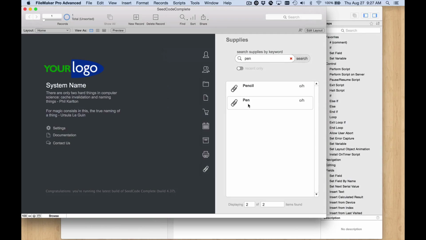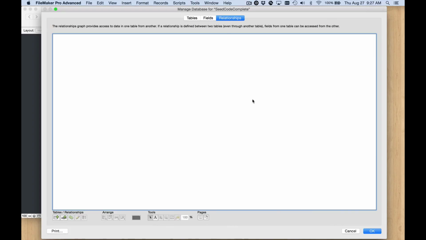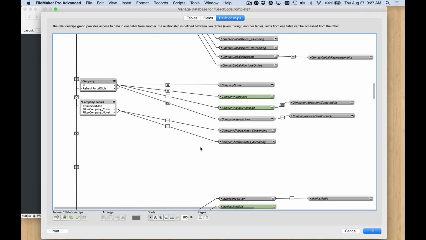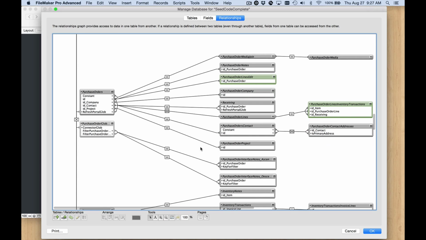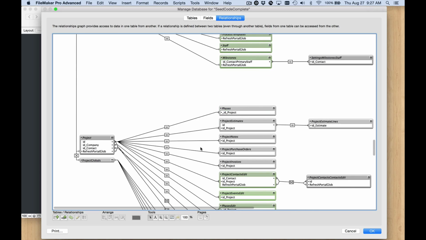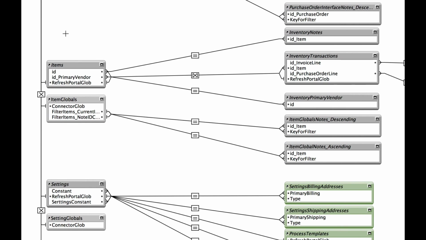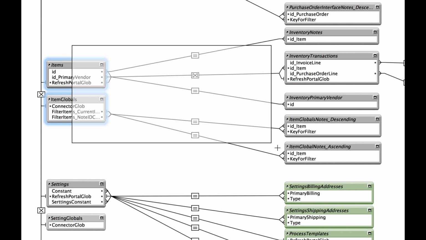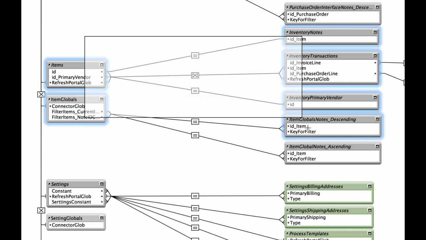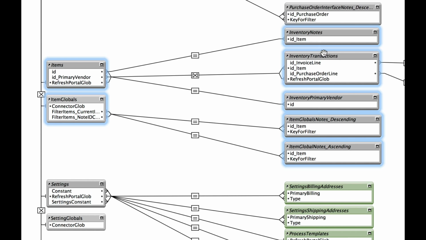We will also need, on our relationships graph, a table occurrence group similar to what you see here for these other modules. And again, I'll duplicate the one for items. We've got items, item globals, and then several related tables represented by these table occurrences to the right of items. So I'll just duplicate this whole group, remap everything to the appropriate tables,